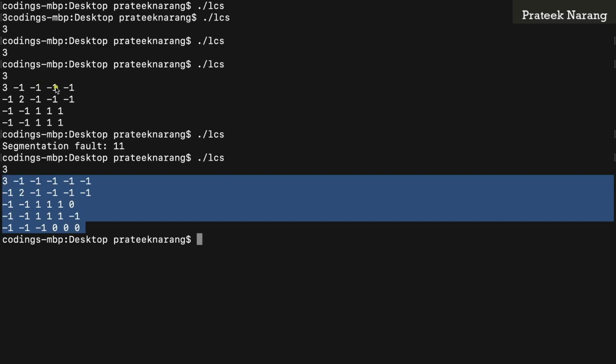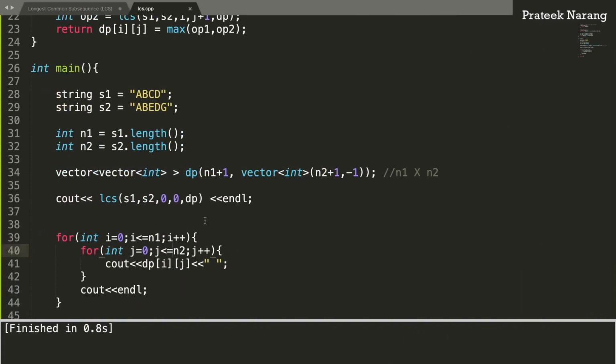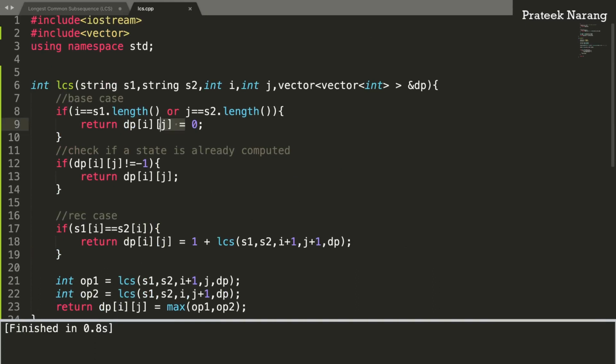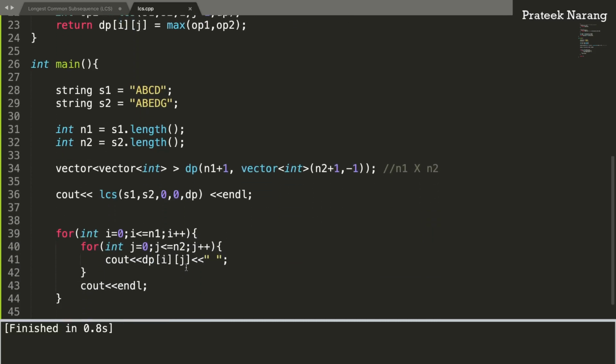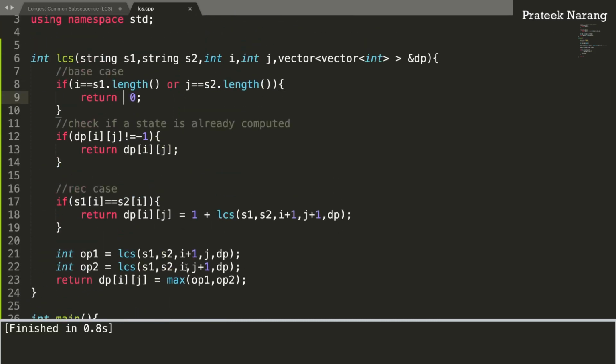Because base case is an order 1 operation, no need to memoize anything in the base case. So you can see this matrix and this matrix are the same. So we do not actually need to do this thing, so maybe you can just remove this. I just wanted to show you what states are visited by the recursive calls, and we are not computing overlapping states again and again, because of this top down DP optimization that we added.